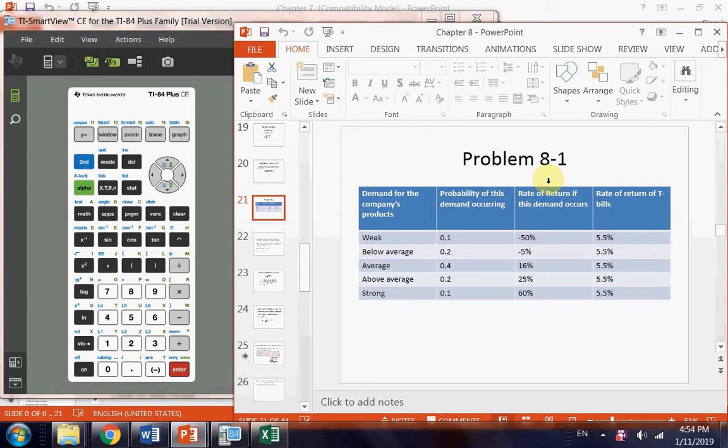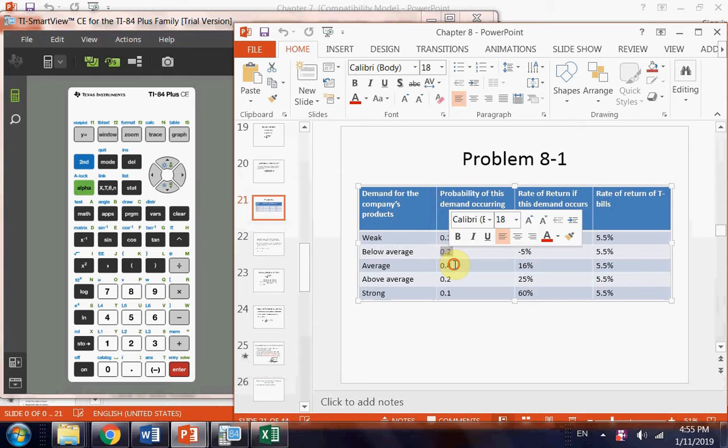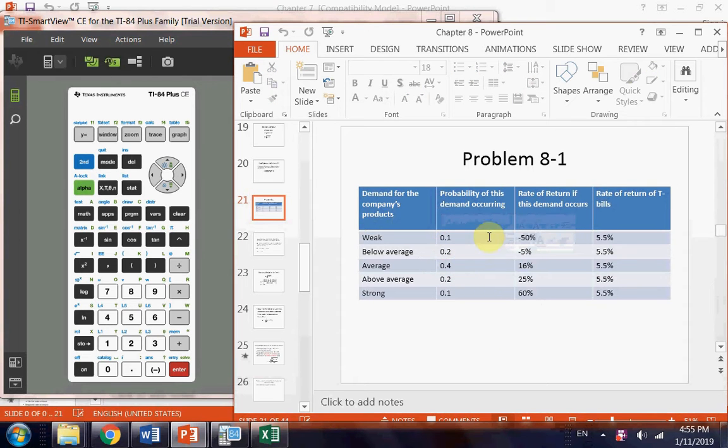Okay, how to use a financial calculator to do statistical problems in finance. Let me just take a look at this question we went over for chapter 8, and this is a scenario-based analysis. So we have 5 different scenarios from weak, below average to strong, and they each come with certain probabilities. So this is 10%, 20%, 40%, 20%, 10% probabilities, and under each case you may have a certain